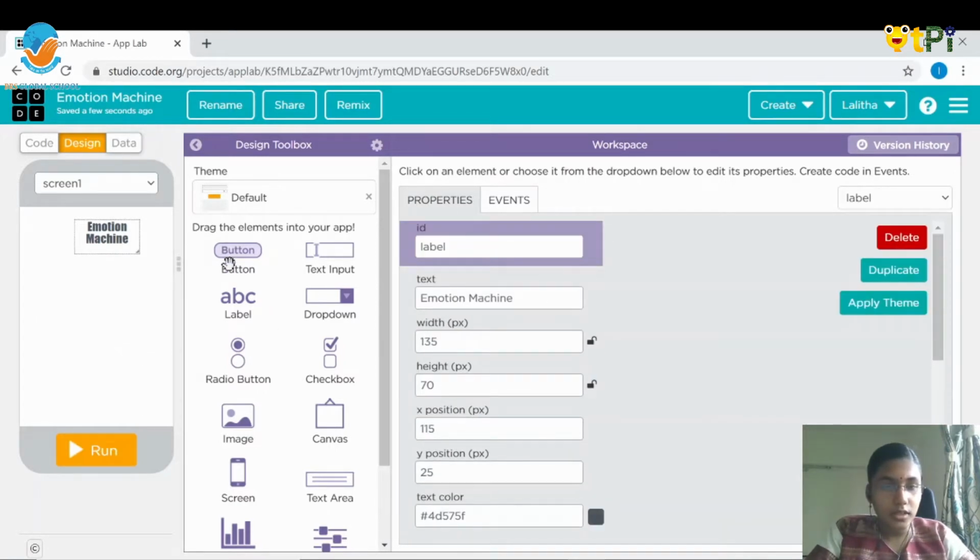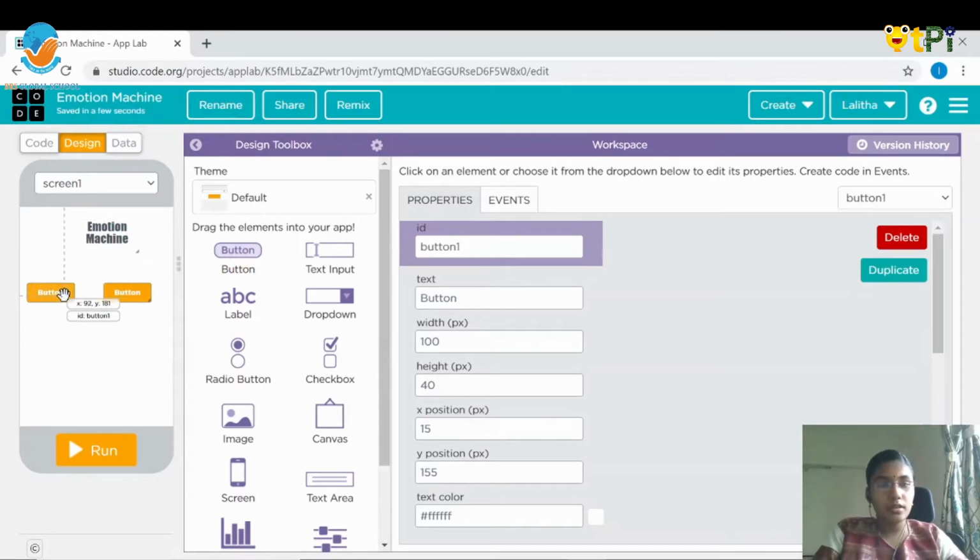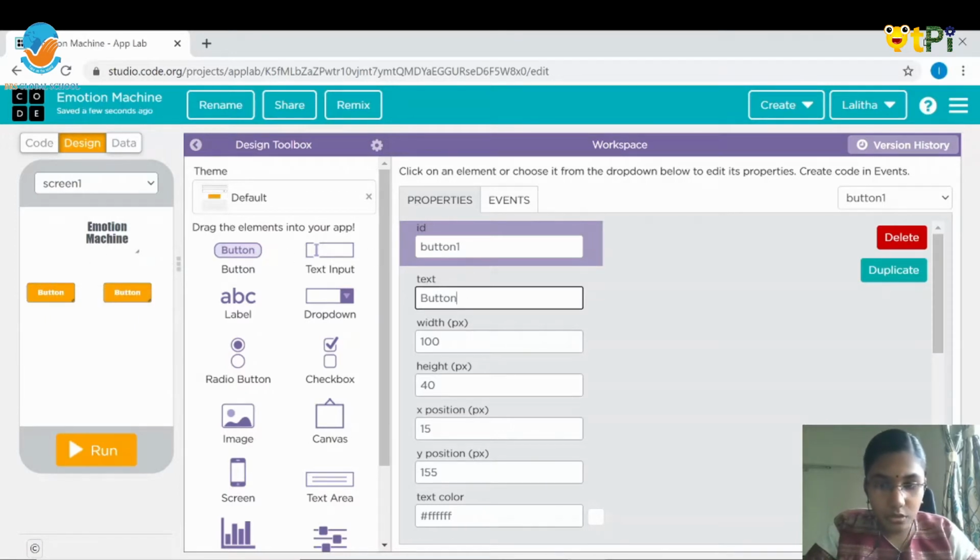Next, we need to drag and drop two buttons. One button is happy, and the other button is sad. First, let's do the happy button. I'm going to rename it as happy, and the ID for this button is happy button.